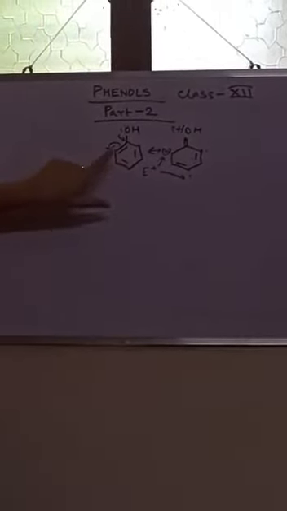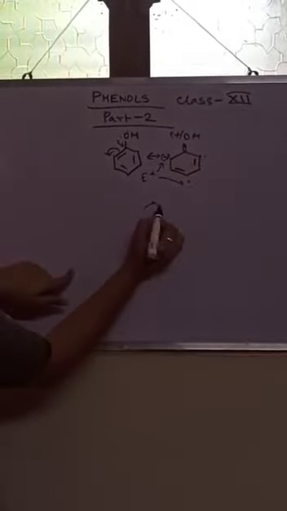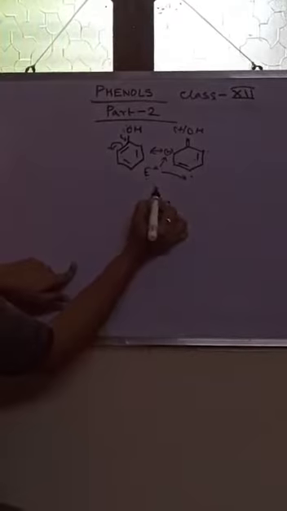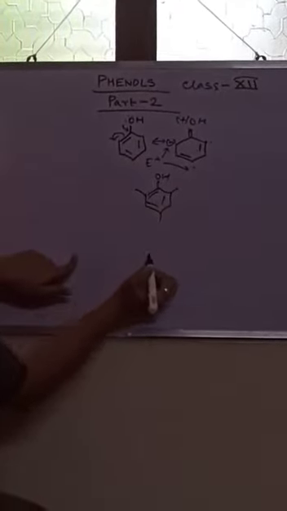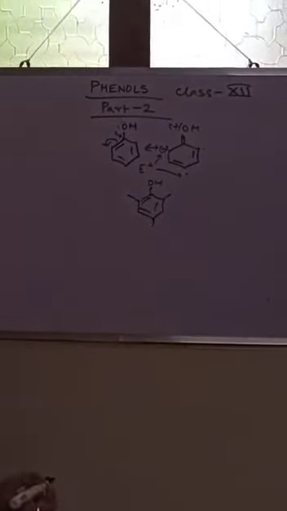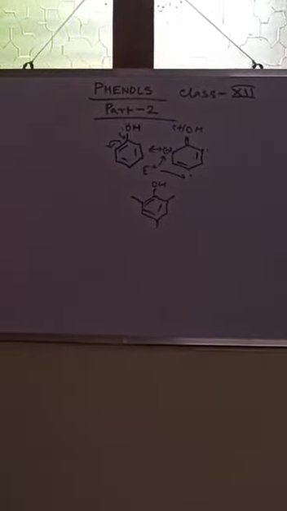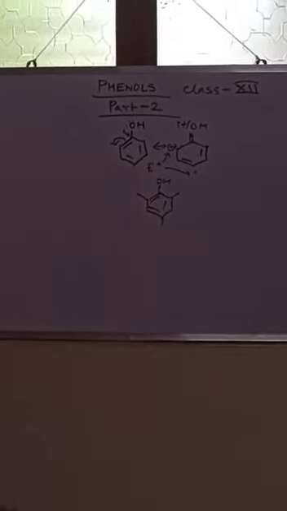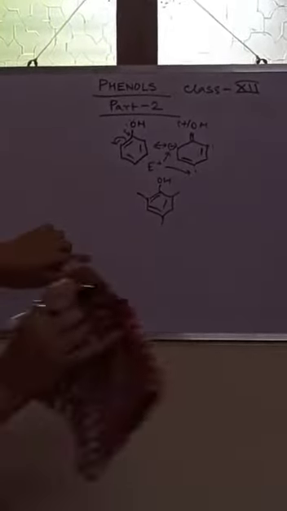Okay, since the OH group is an activating group which activates the aromatic ring, therefore electrophilic substitution will readily occur. As a result, we will generally get tri-substituted products. In order to get mono-substituted and di-substituted products, we need to control the conditions by lowering the temperature, by diluting the acid, or by taking different solvents. This should be used for getting mono-substituted products. Okay, now I will come to the reactions.